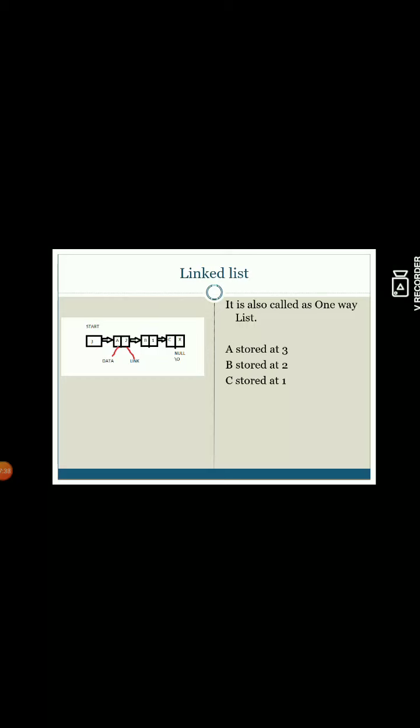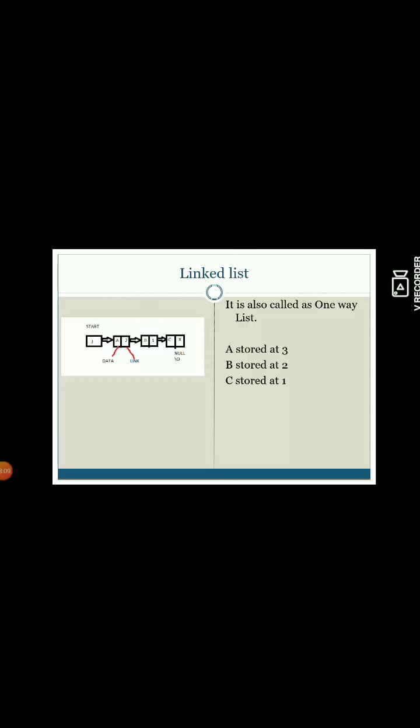The address of the first node is stored in start or head, and the link part of the last node is null. So either you can make a cross symbol, or you can put the word null, or a slash with a big O. Okay? Now we will see how to store the linked list in computer memory.